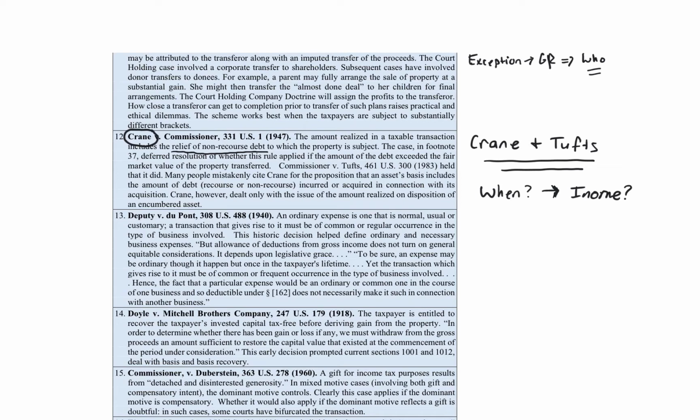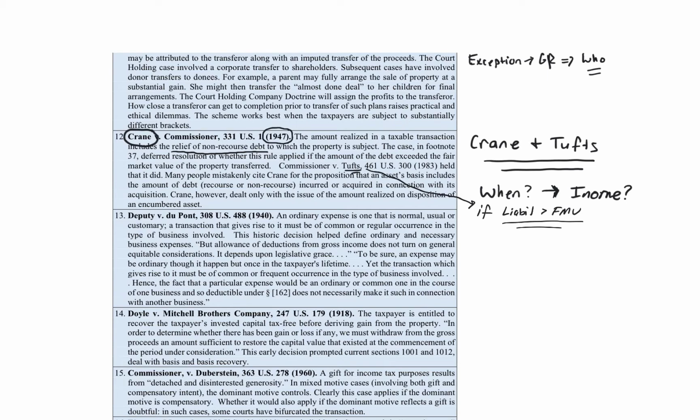That's the key. Tufts is going to answer what happens if the liability in the same situation is greater than the fair market value. That's what Tufts deals with, okay? And actually, if you look at the case, Tufts, 1947, ends up happening a lot later. So it took a while for that issue to actually come up. We'll see that when we get to Tufts.